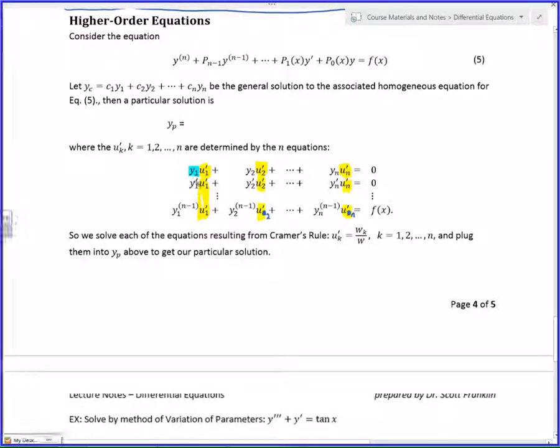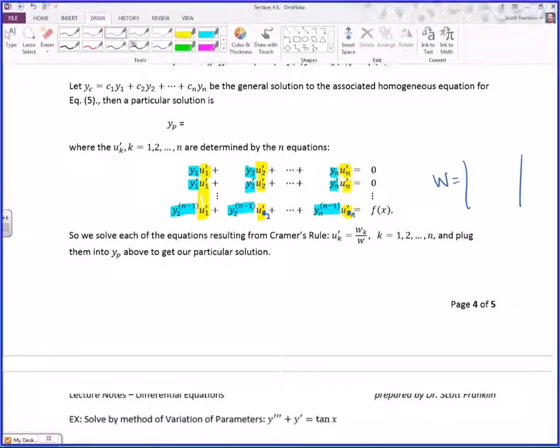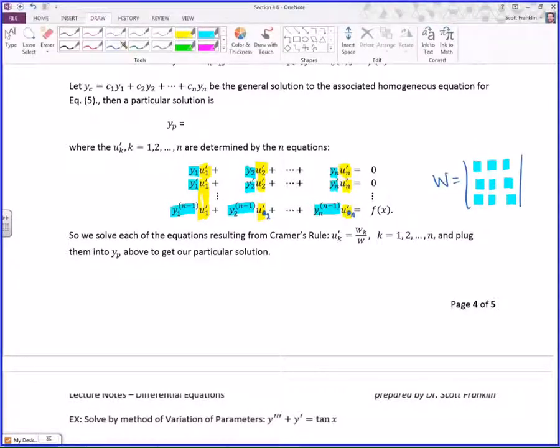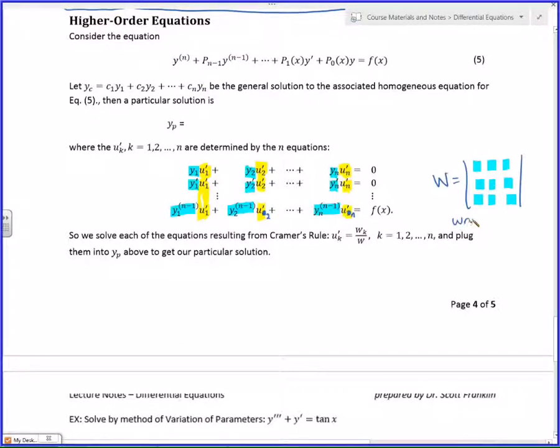And then here are the coefficients. Okay? So your W equals this thing with all the blues in it, right? Which is still the Wronskian. That's the W that's down here. And then the WK